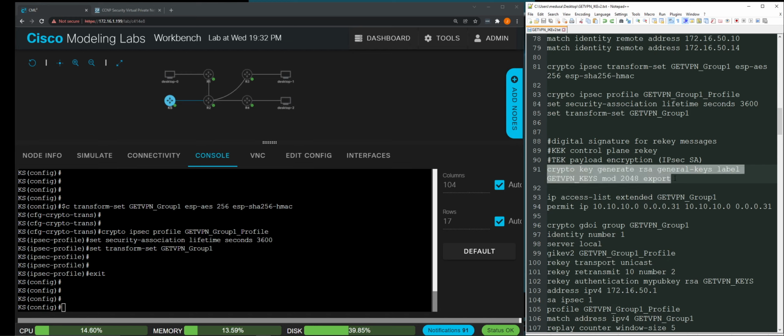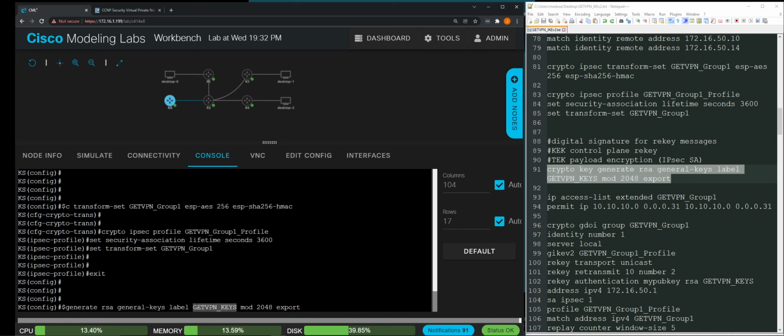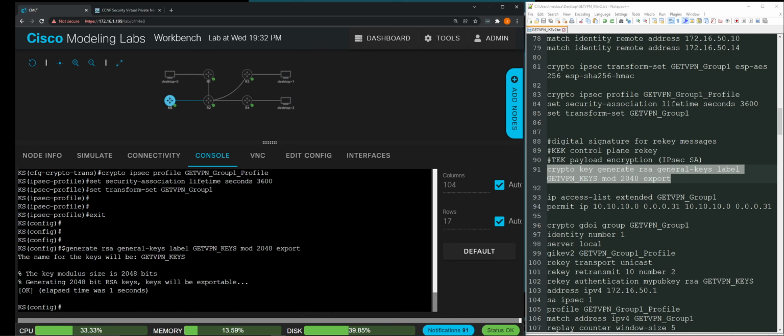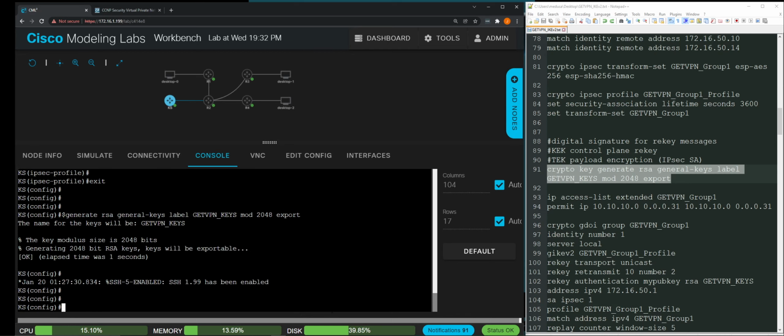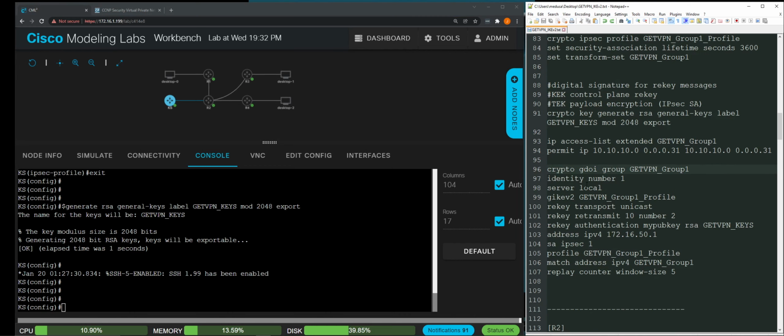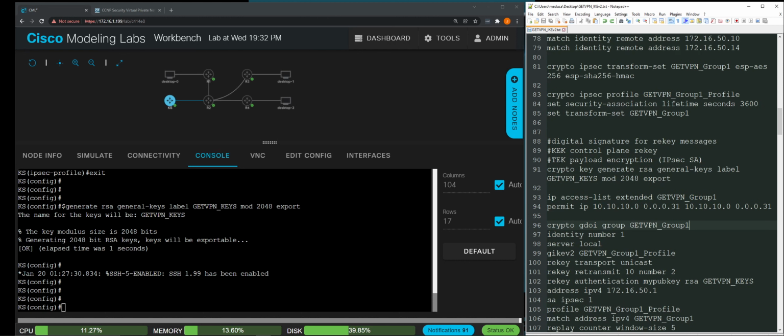So we're going to do crypto key generate rsa, and again keeping the naming convention, GETVPN_keys. So now it's generating our key pair, and that'll get referenced here pretty soon. So now we've got phase 1, we've got phase 2, we've got a key pair so we can digitally sign